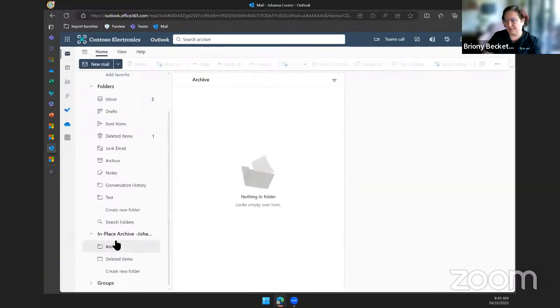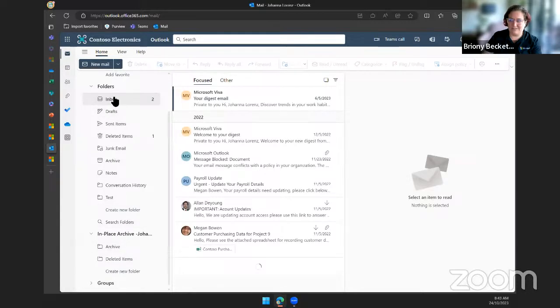It's not going to play ball that quickly because this is a demonstration environment. But once you archive things, as I said, it's gone out of the inbox, but you can access it there in the background.